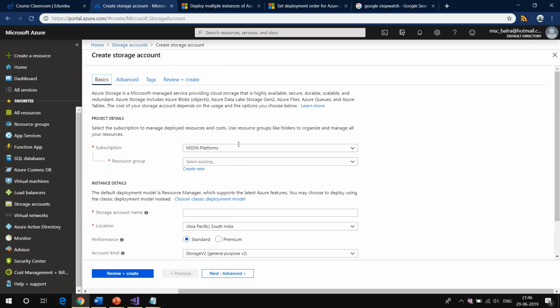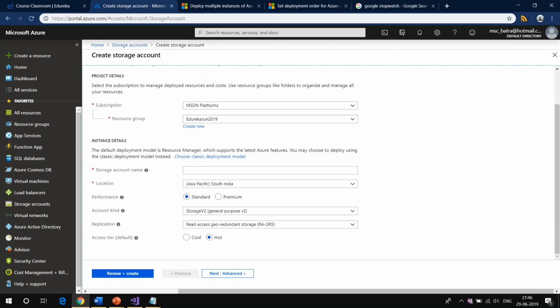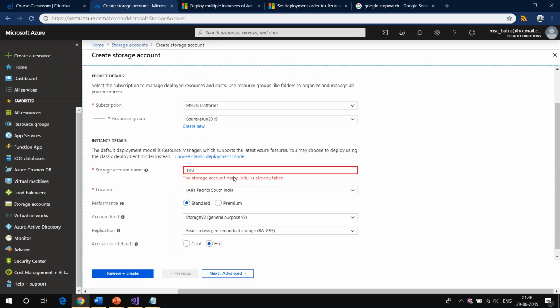Okay. Now what you see here, the first very basic thing, is that it is asking me for the resource group. So I'm going to select Edureka June 2019. That's our resource group. And then I'm going to enter a name for the storage account. Let me call it edu. Let's see if this is available. Now this is saying that the storage account name edu is already taken.